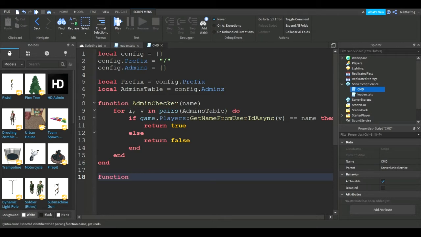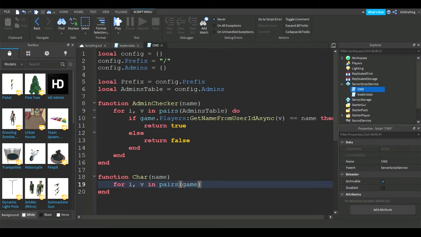Then we're going to make another function called function and then char. You could call it character or anything you want. You want to do name as well. Then what you want to do is do the same for loop, for i, comma v, in pairs, but instead of saying admin table or admins table, you want to say game.Workspace, or you can also say just workspace. I'm going to say workspace, and then we add a do. Then under here, we're going to say if